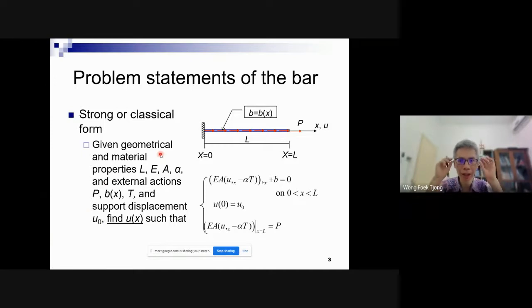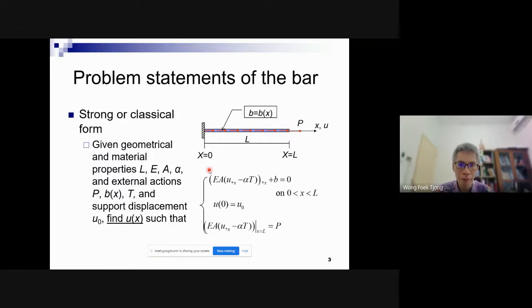Okay, so this is our bar problem. Actually, this is P, right? I changed to P, not B, but P. The bar is subjected to some loadings, consists of concentrated load, capital P at the right, and actually distributed load. This is P actually, okay? And then we want to determine the deformation, expressed in terms of the displacement. And also later we want to determine the internal force distribution or stress distribution, okay?